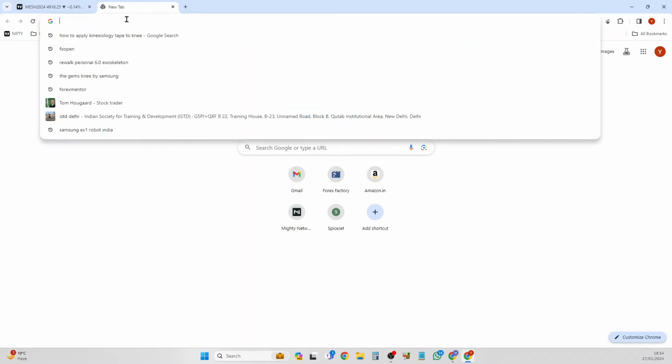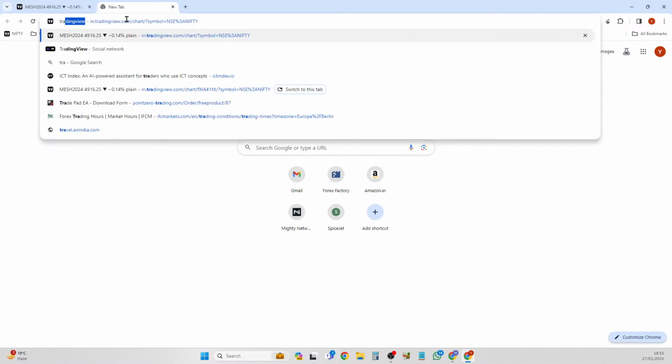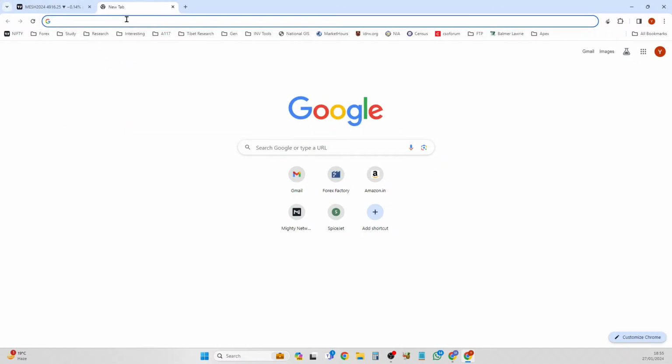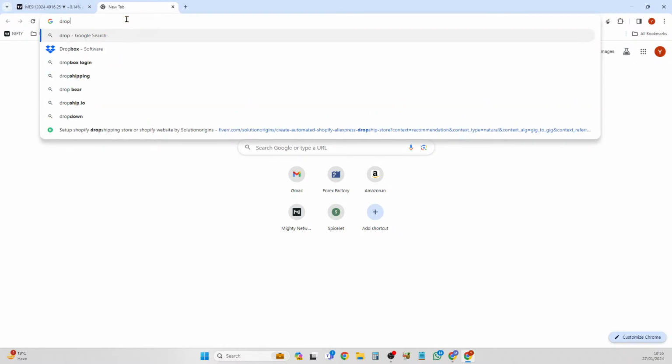Now, how you do that is, first thing is you will require a disposable email address. Why disposable? Because you will be required to create a demo account every 14 days on this platform. You cannot have it extended for more than 14 days. So every 14 days, you will reset your demo account by using a disposable email address. And you can get that from a service called